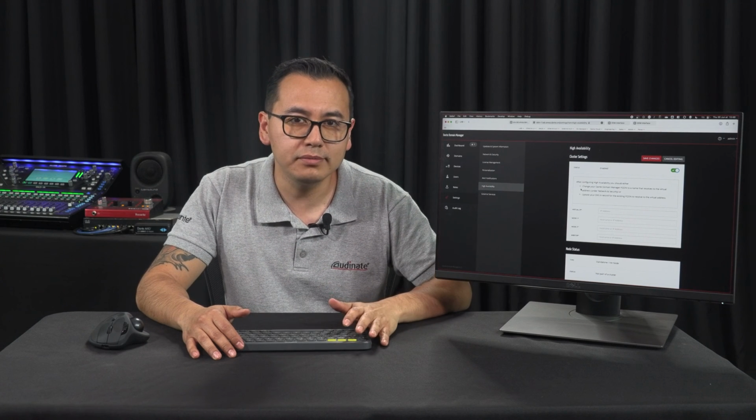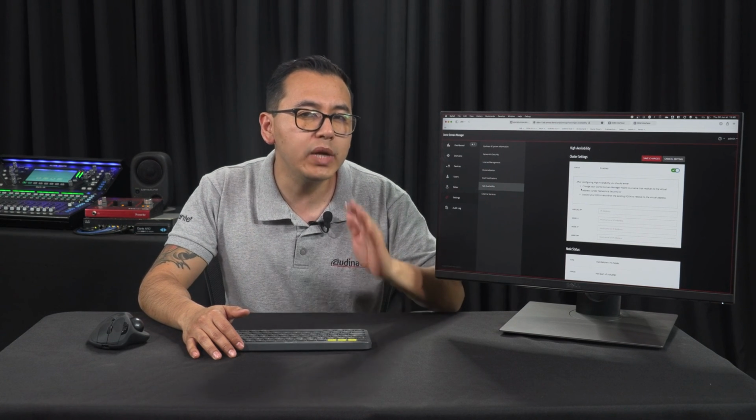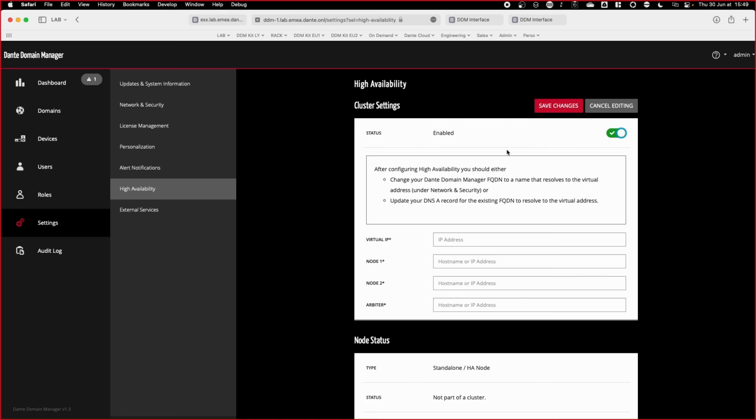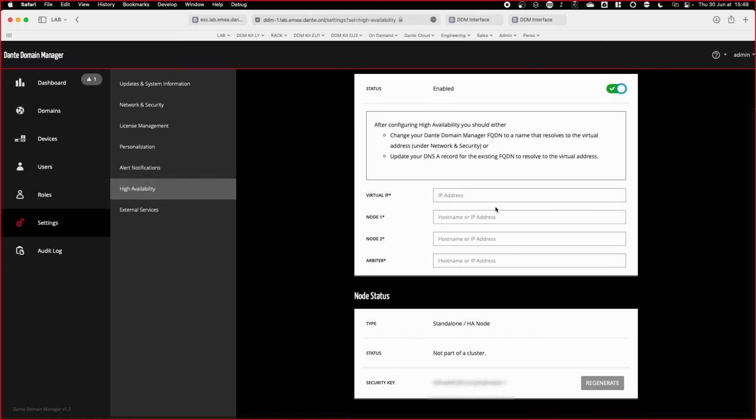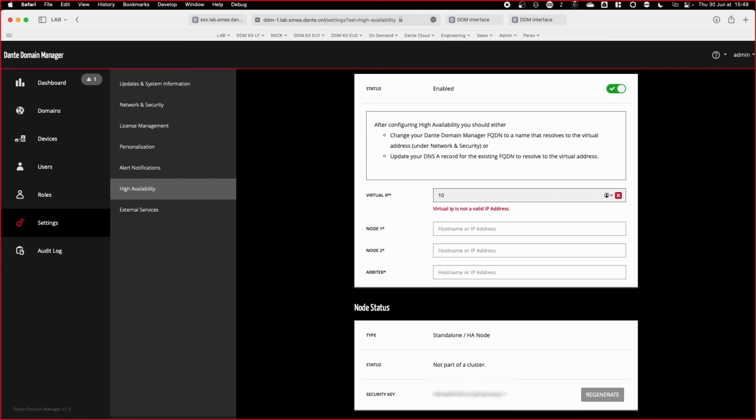With what we've shown, it always makes sense to plan for high availability early on in the process, before you begin enrolling devices. That is really recommended best practice. You can use some of the examples we gave before to determine if your deployment needs or will need high availability. The virtual IP we're going to use is